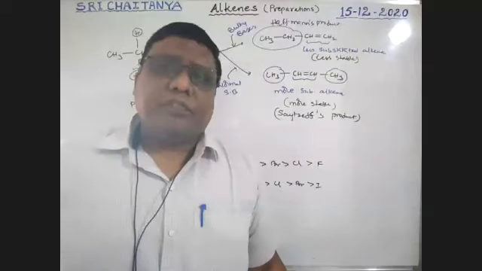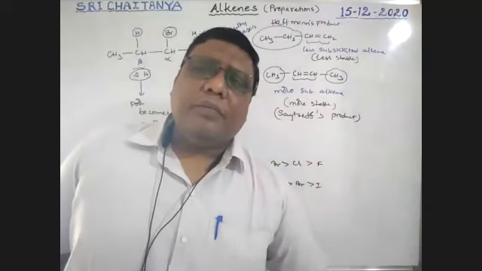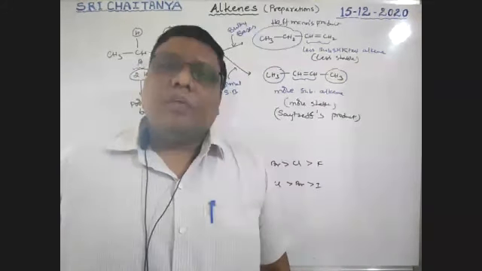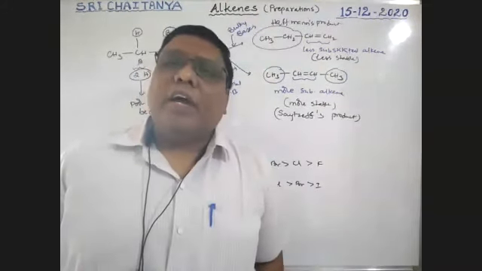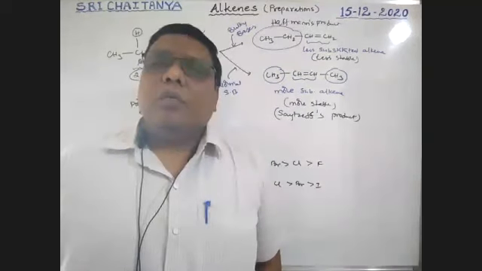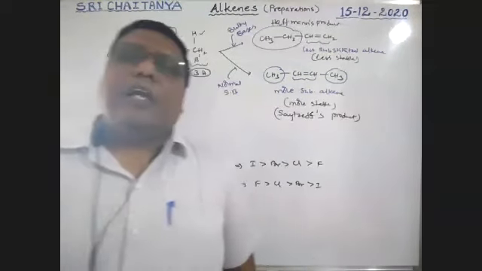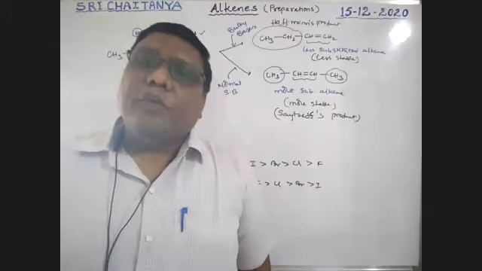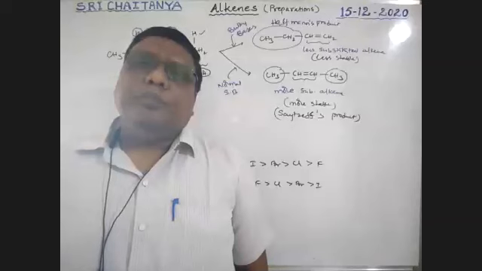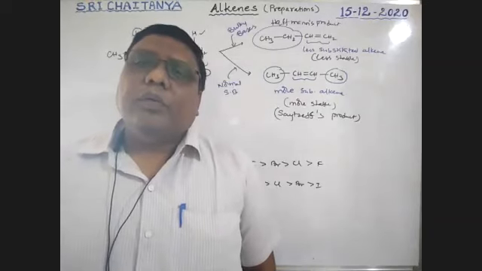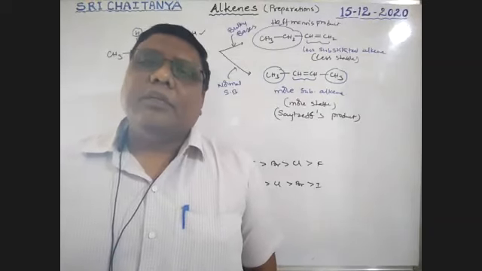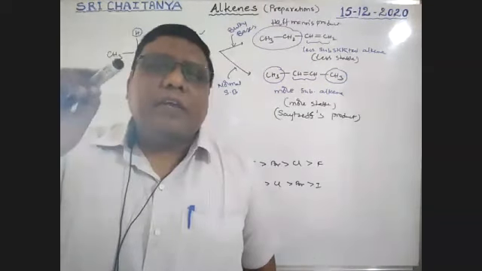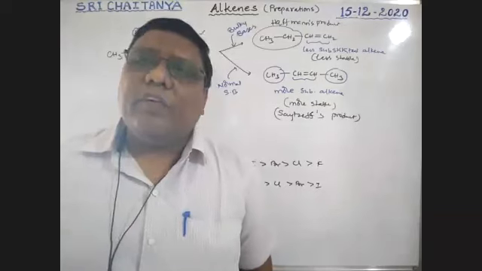If fluorine is the leaving group, our final answer is Hoffman or Saytzeff? Tell me. If fluorine is the leaving group, the final alkene is the more substituted alkene or the less substituted alkene? Yes, Hoffman is the answer. If iodine is the leaving group, the alkene formed is the Saytzeff product. Please keep these in your mind. It is very, very important.